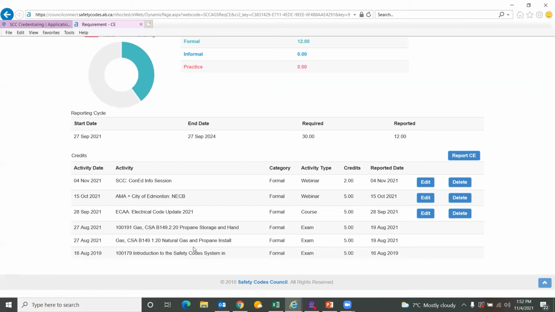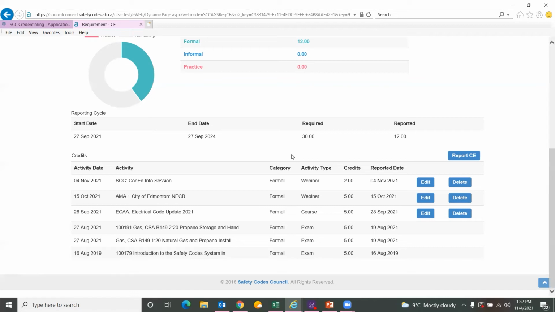I'm sure many of you are aware that we are offering low-cost workshops for the safety codes officers in different disciplines, and it might not even be technical. In any case, feel free to take them if you're interested. You're still getting your credits. And in this case, if you registered with us, the system will automatically record your credits on your Council Connect account. You do not need to worry about that.